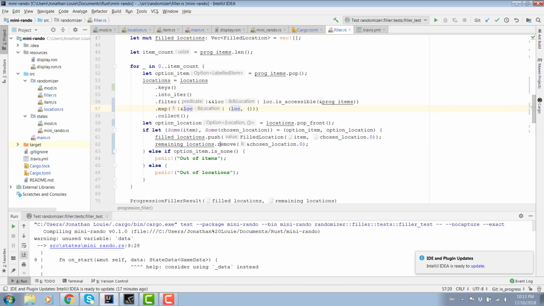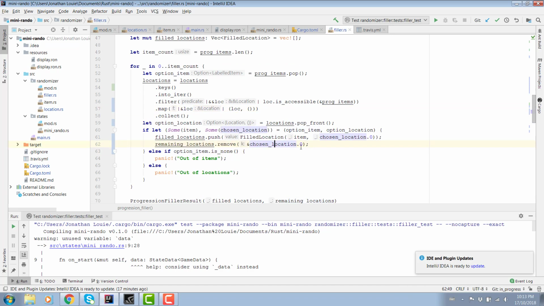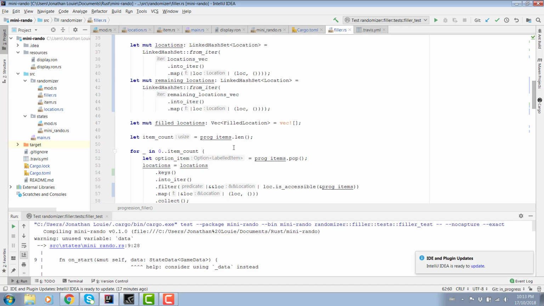This remove is roughly constant time. I think it is actually a constant time operation. Well, it depends on how long it takes to look up the item in the hash map, but it should be fairly fast. So yeah, that's pretty good. Definitely happy about that.